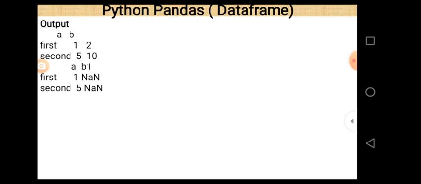So b1 is the name of a column because we explicitly passed it here, but there is no corresponding value for that b1, that's why NaN will appear there. So that is the answer of this program.